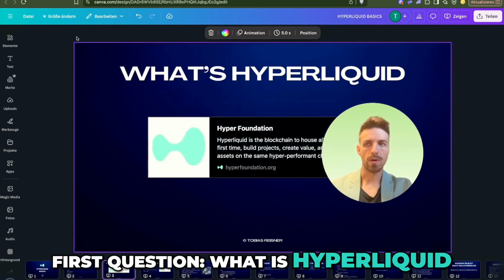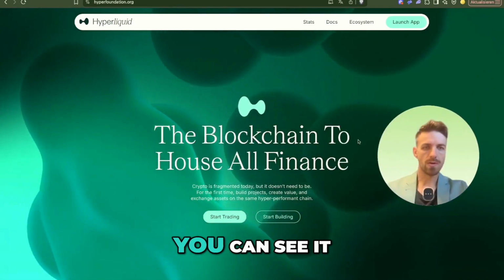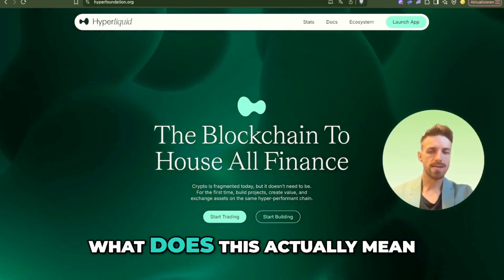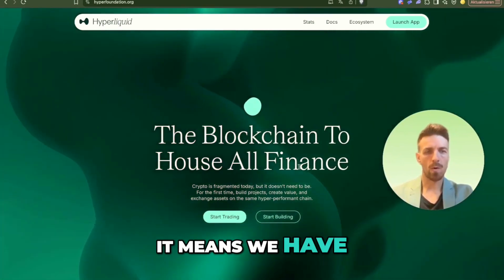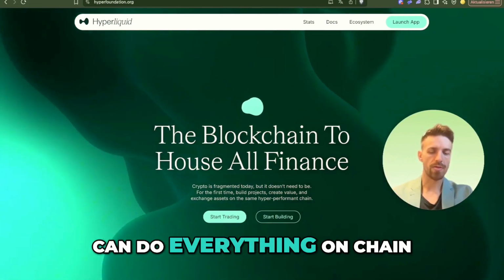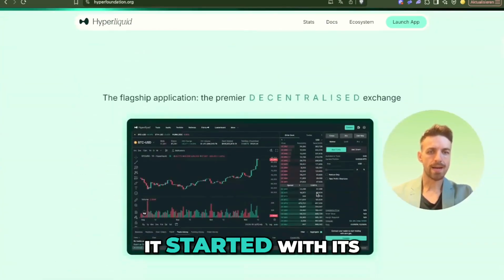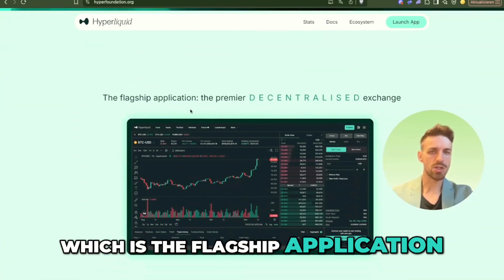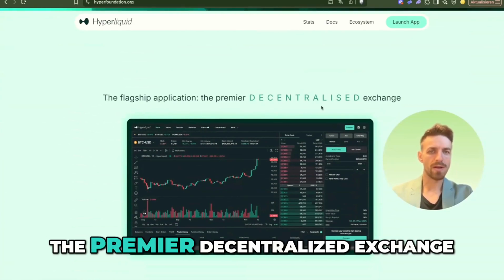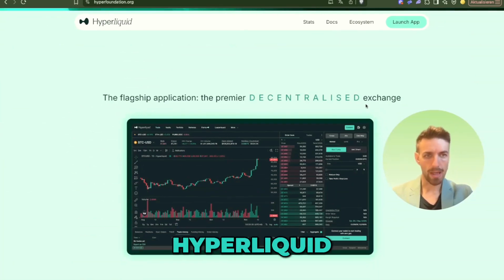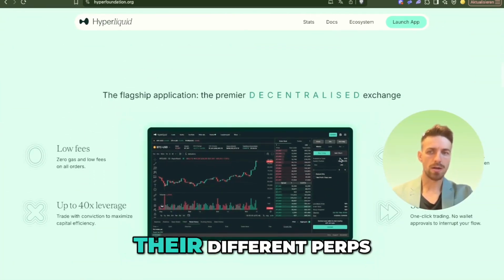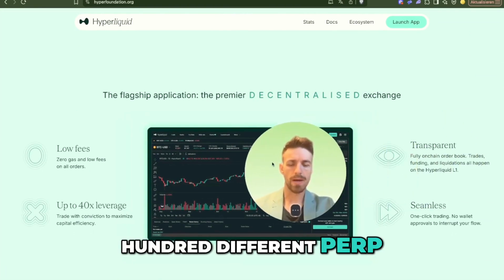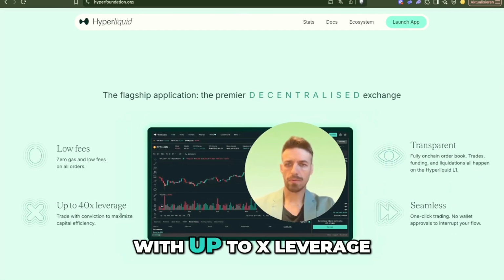What is Hyperliquid? Hyperliquid, you can see it here, is the blockchain to house all finance. What does this actually mean? It means we have one place where you can do everything on chain. It started with its main product, which is the flagship application, the premier decentralized exchange, Hyperliquid. You can trade on there different perps. I think right now we are over 100 different perp pairs you can trade there with up to 40x leverage,